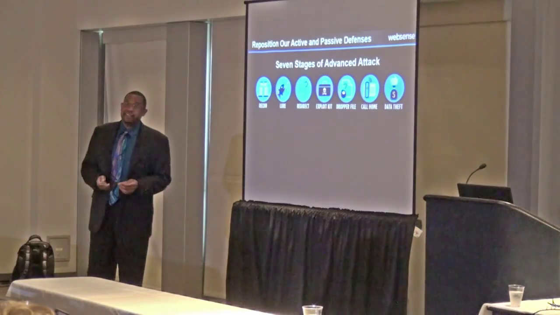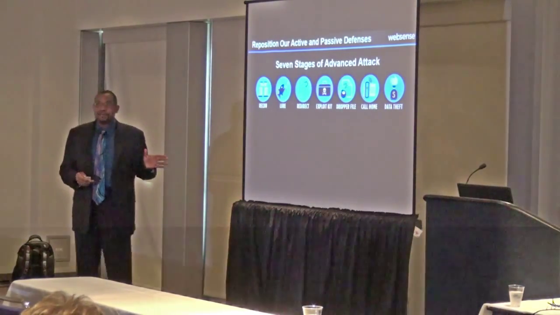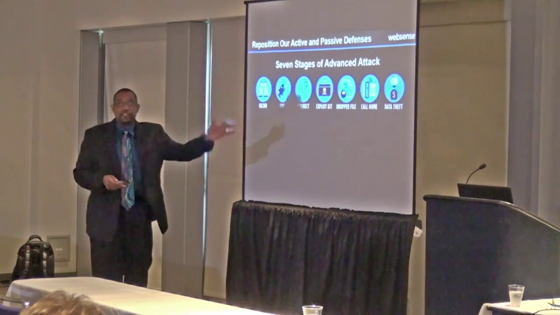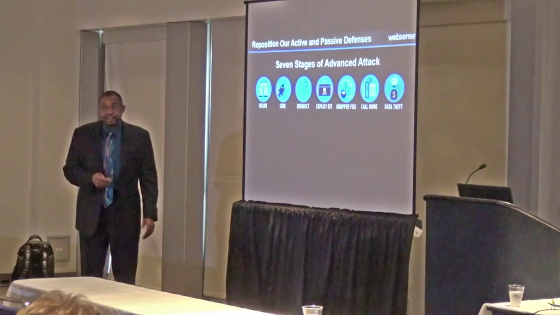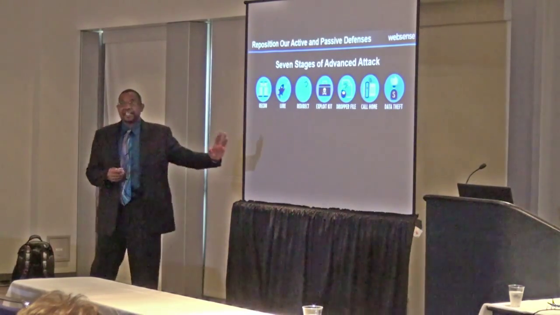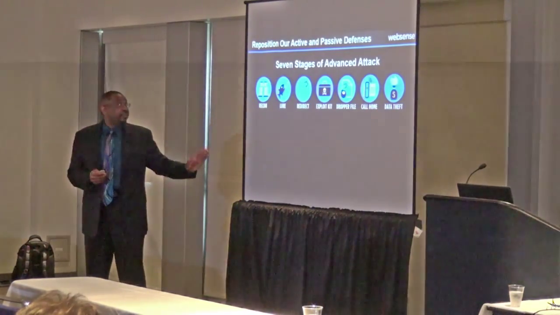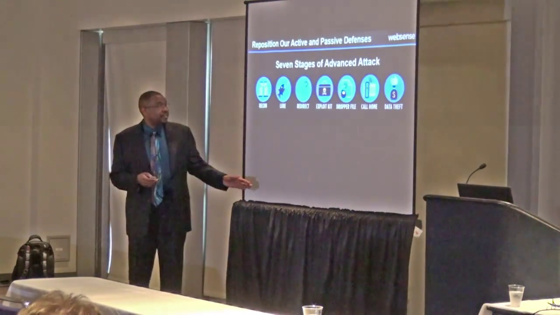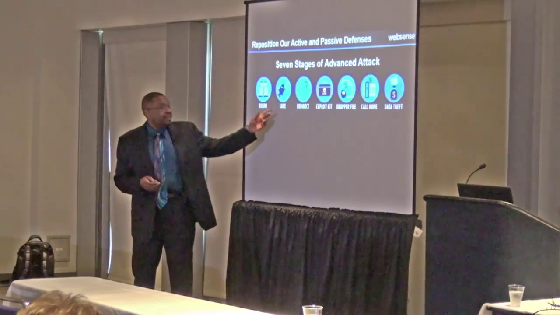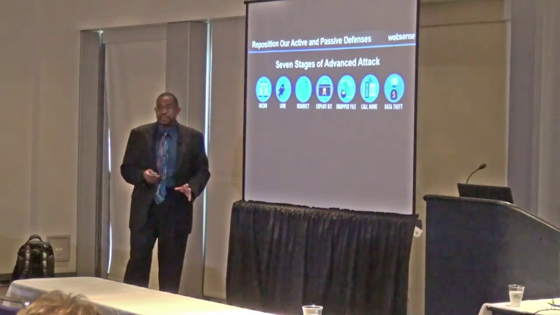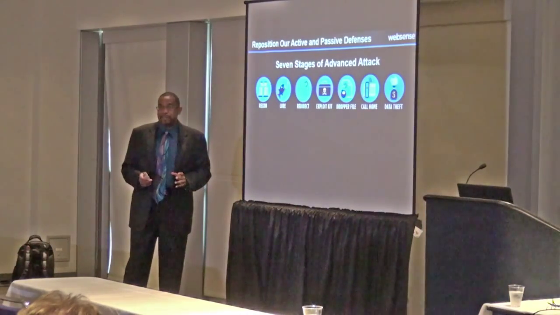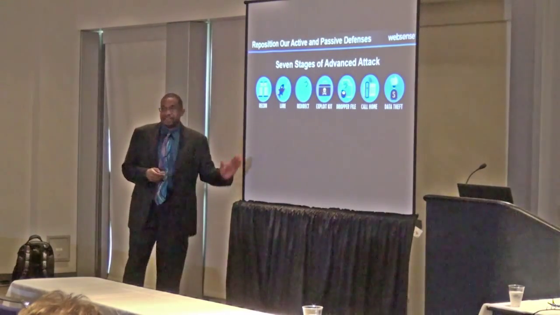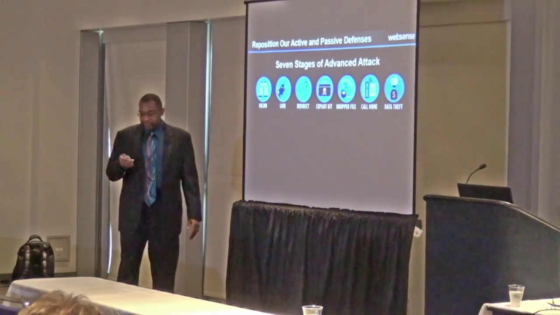That's that 7th stage. So you've got to look at what you're doing and how you can identify which defenses you have in each one of those areas. And in some cases, as you're moving horizontally, you need to understand if there are any gaps within those areas. So if you have one tool doing this, one tool doing that, if they don't share information with one another, then that's a gap, because they don't know what each other are doing and what each other are blocking. That's another vector for those organizations to exploit you.